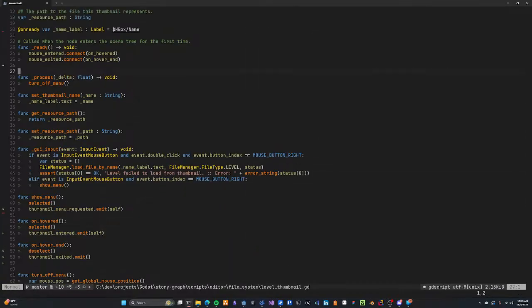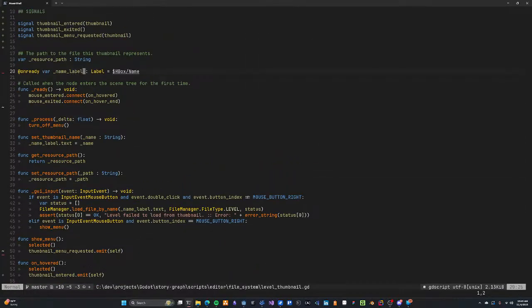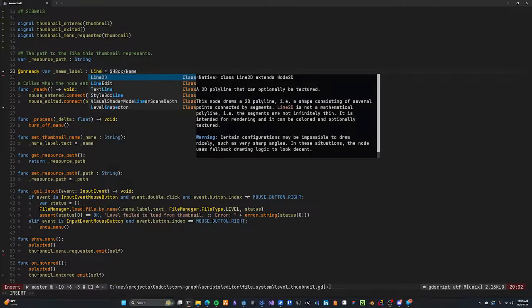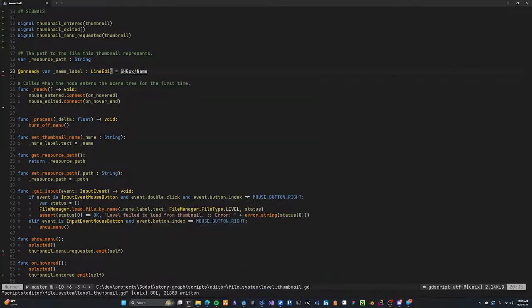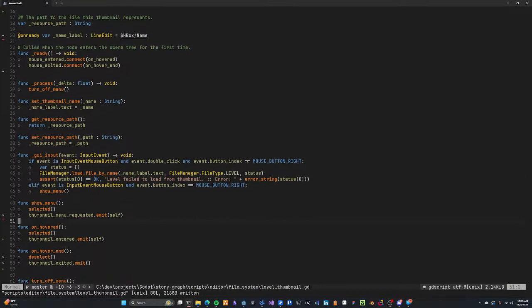Change that from the label to a line edit because I updated that. That way when it gets renamed or receives a rename request,